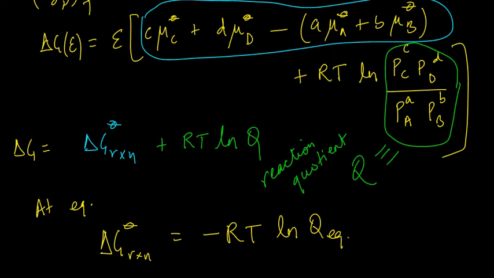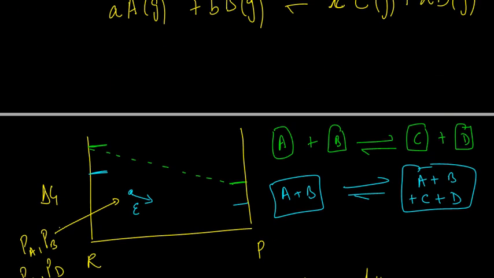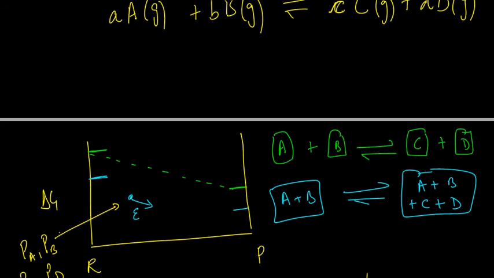Right? So let me go back to the figure which we were making over here. And let me get rid of this for the moment. So delta G equals 0 means the slope should be 0, right? The slope should not change, which means this is something of